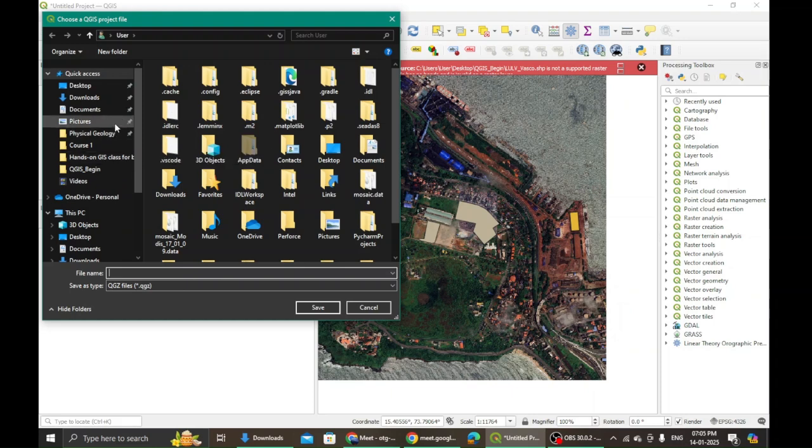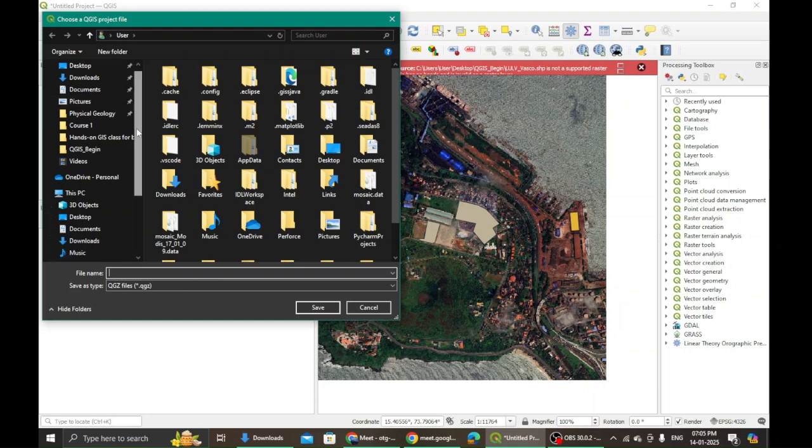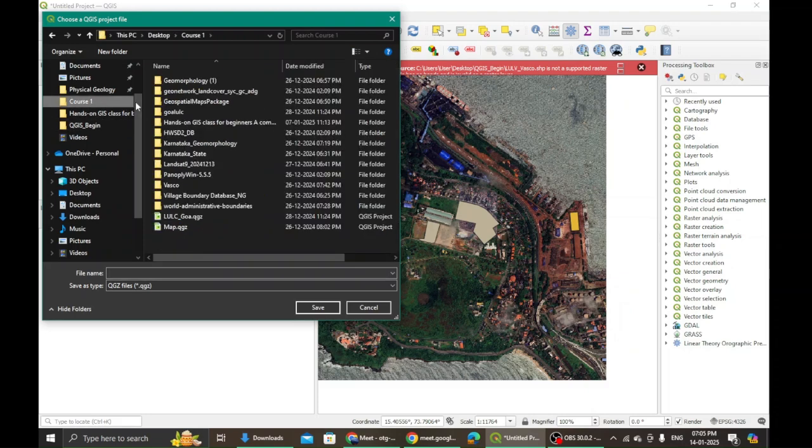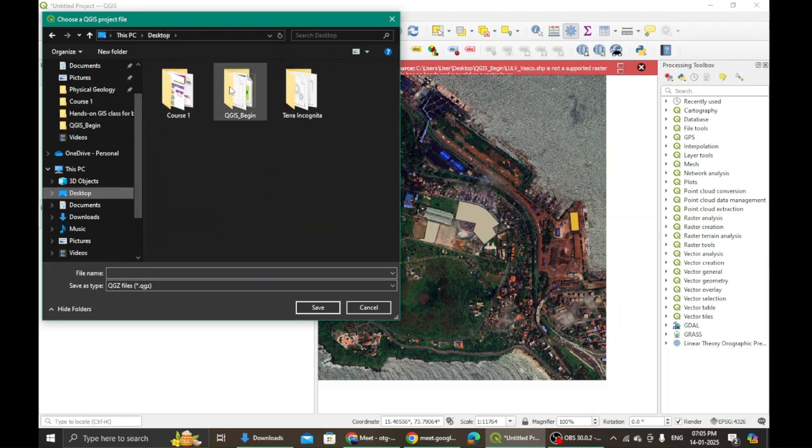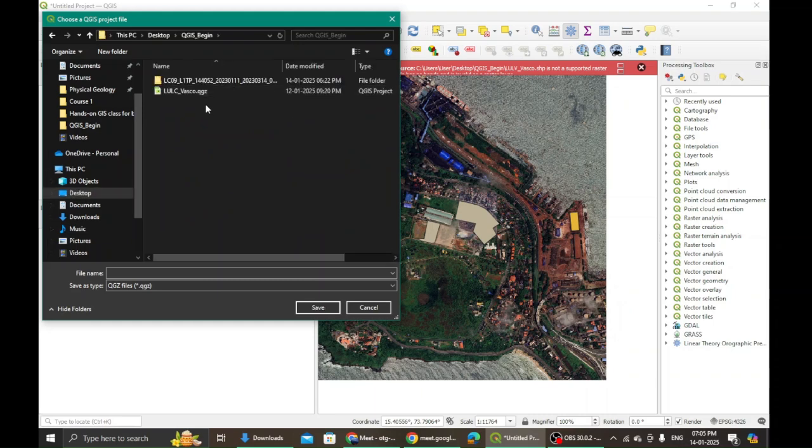Am I audible? Nobody is dropping me a Y, so I'm wondering whether you are there or not. Am I audible very clear? Okay. Ma'am, which file to open, the SHP or the project file?